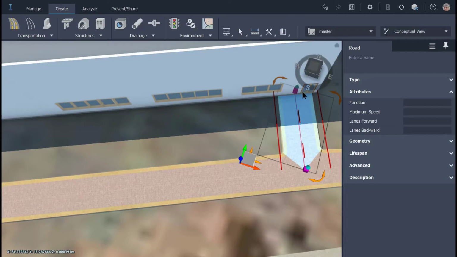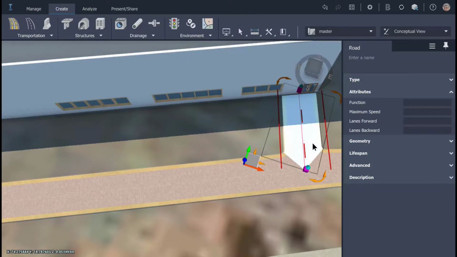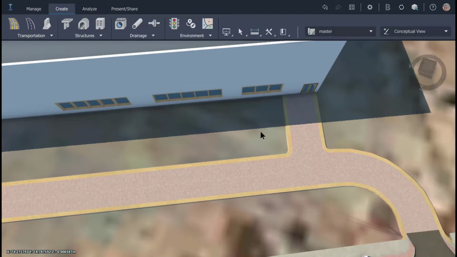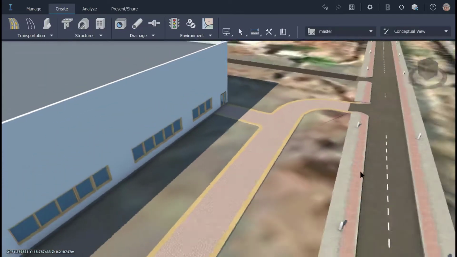Again, as simple as drawing a few lines in AutoCAD, but as you see, the entry point automatically and properly merges with the previously created road.